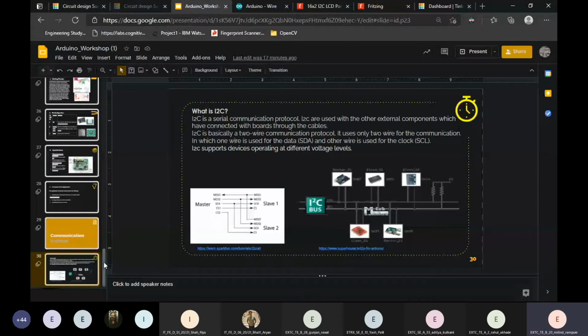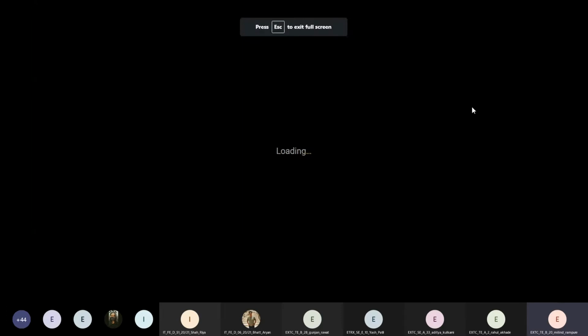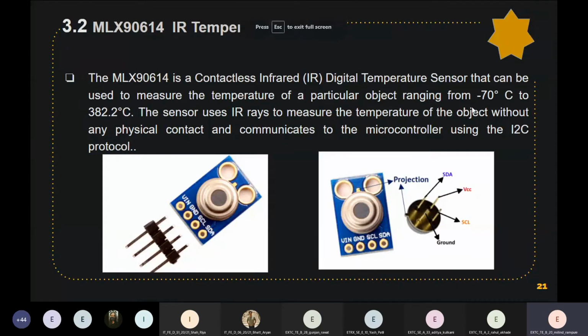Moving forward, the sensor we are looking at now is the MLX90614 IR temperature sensor. It's the infrared temperature sensor.